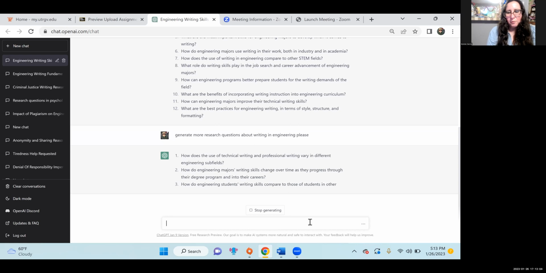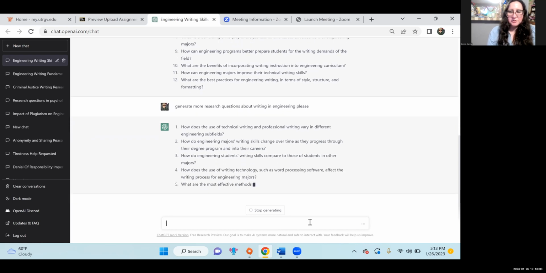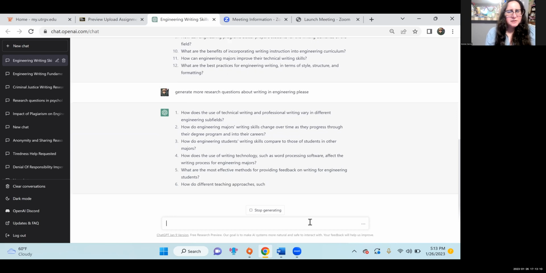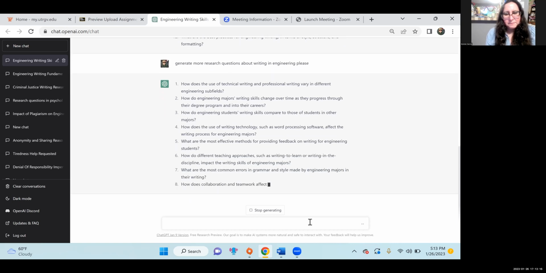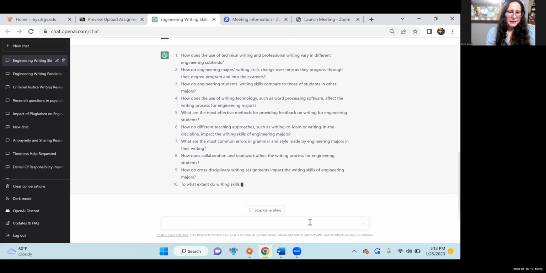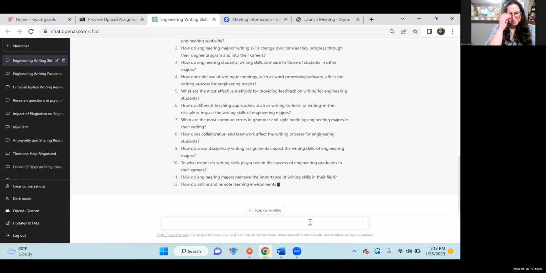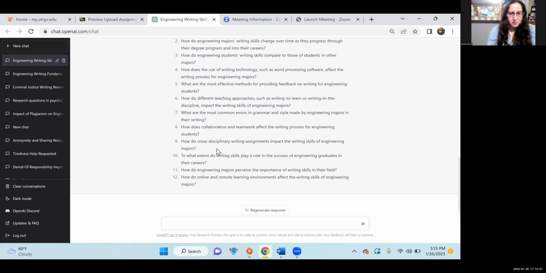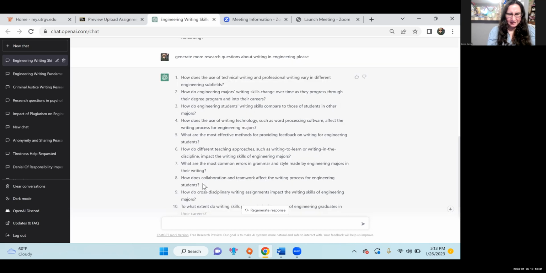And here it's giving me more questions, which is really cool. I like having options because when I'm thinking of research, I kind of want to see what's out there. What can I do? What are some of the questions we can be asking? And some of these might inspire me. Oh, actually, I like number 8 in the second round even more. So I'm thinking of all these questions, I might pick number 8 because I kind of like the idea of